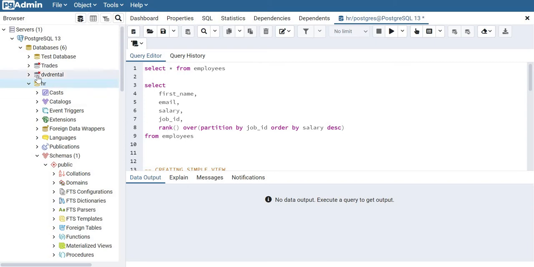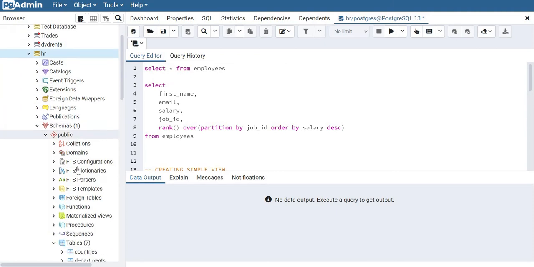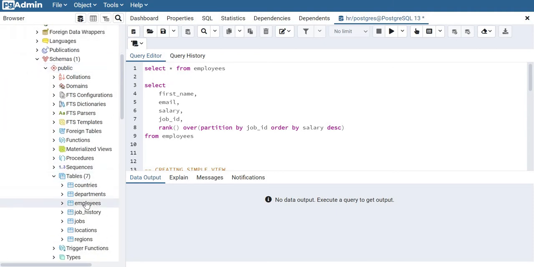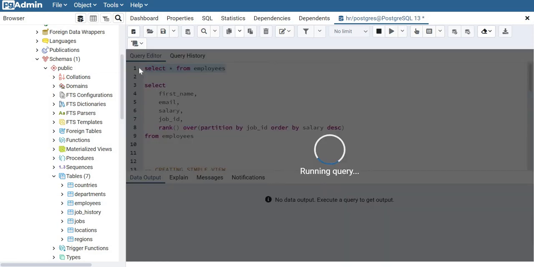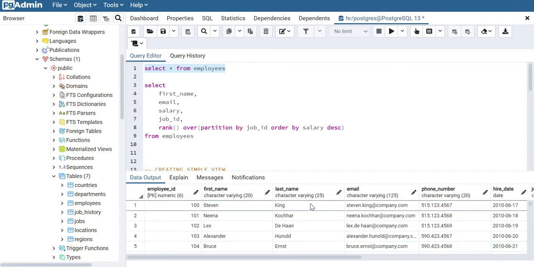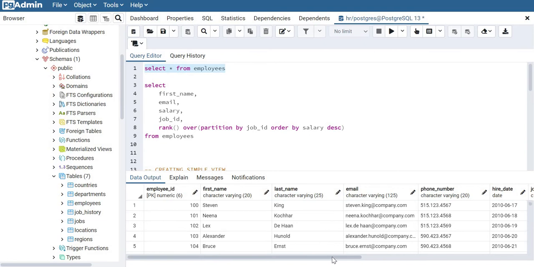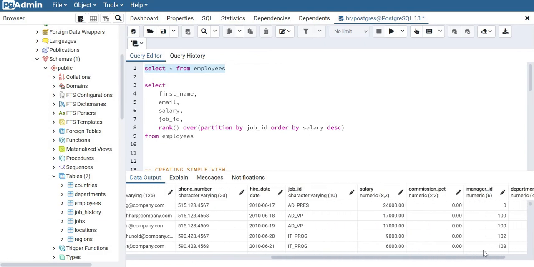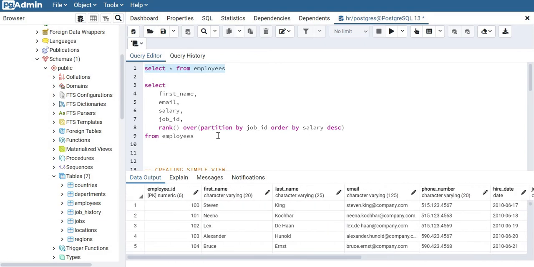I have taken a database HR in which I am using the table employees. Okay, so I will be running this query. This is a very simple query, right? You can write it very easily and it will give me all the details related to the employees table. Now suppose we want to write a query like